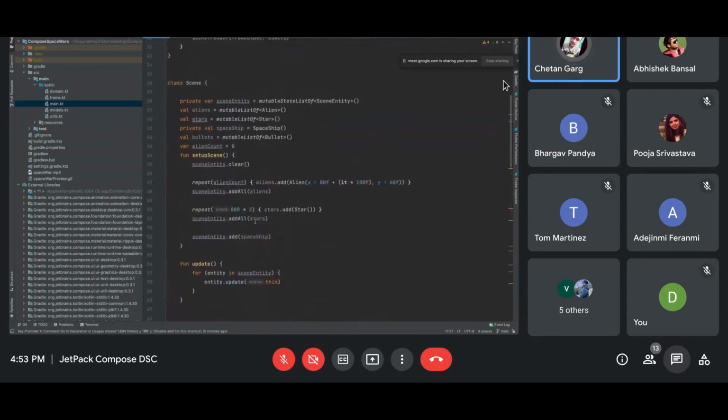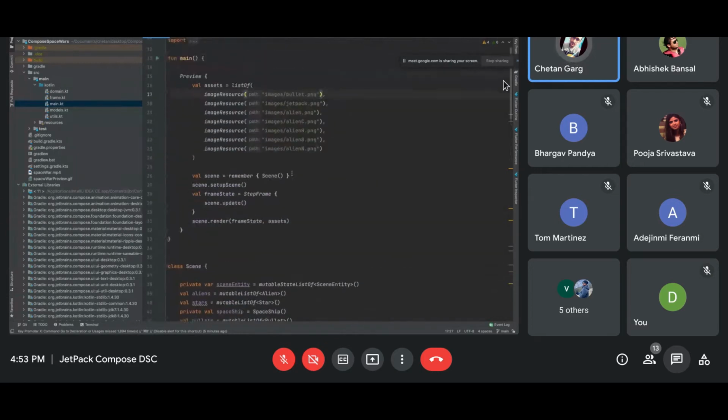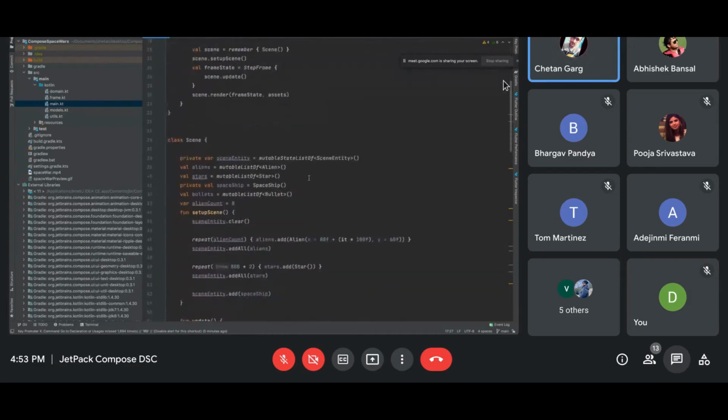Instead, use a texture. Once a texture is applied using a paint object on the canvas, it isn't re-rendered again and again. So if you apply a texture using that paint object, it won't be initialized repeatedly. You will save a lot of memory by doing this. So use that.